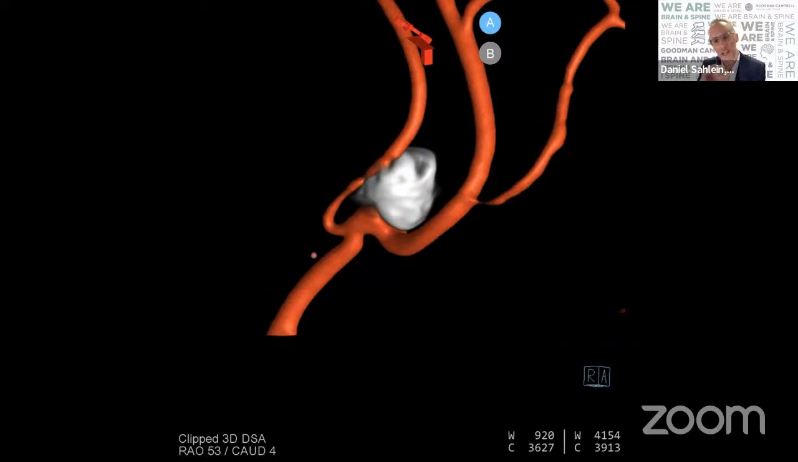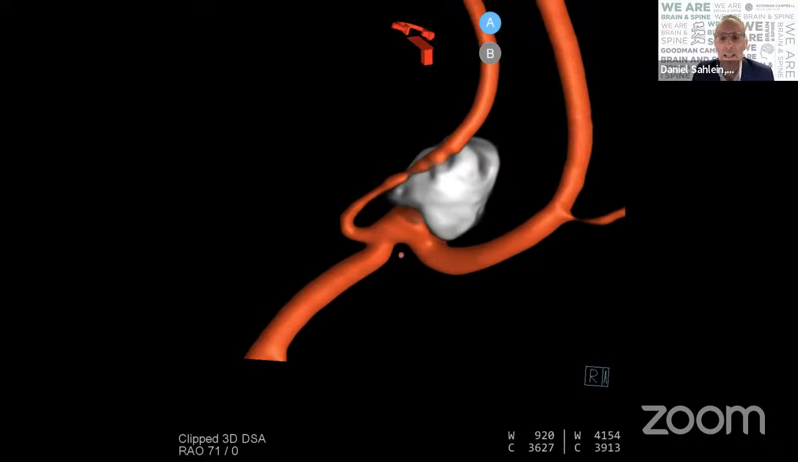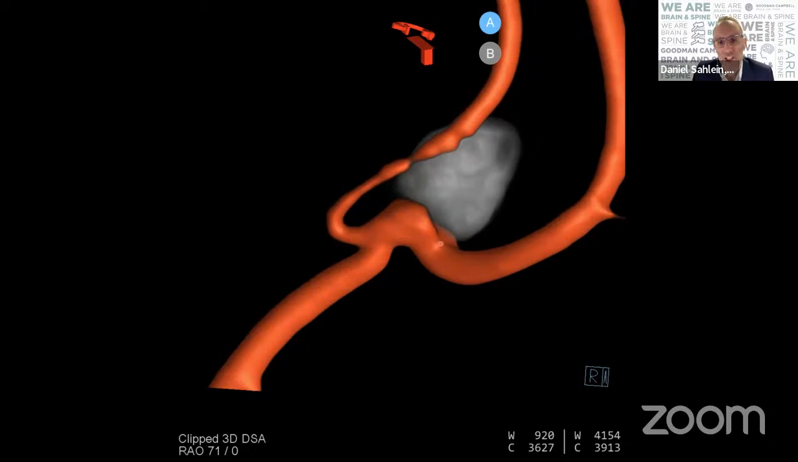Typically speaking, if you're a little bit patient, you can form a nice basket over the neck of an aneurysm, even a wide neck aneurysm like this one. Patient cruised through the vasospasm period, did beautifully. Now, a lot of people might be satisfied with this result, but what I would argue actually is that this